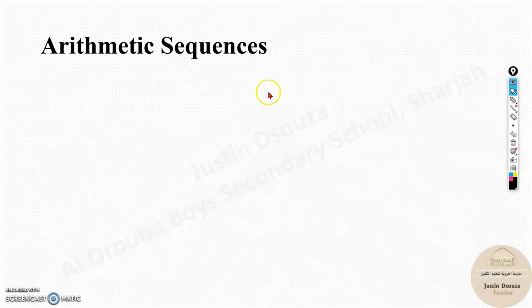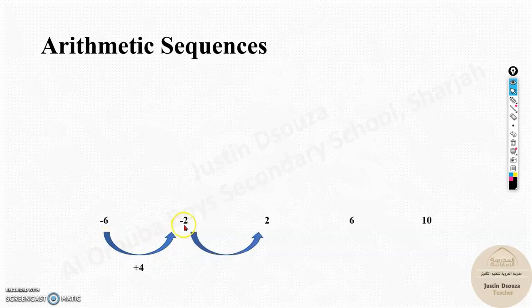Now, about arithmetic sequences, you can see these numbers over here: -6, -2, 2, 6. You can see there is a relationship between all of these. There is a number that is added to all of these: the number 4 is added. You can see -6 plus 4 is -2, -2 plus 4 is 2, and when you keep on adding 4,